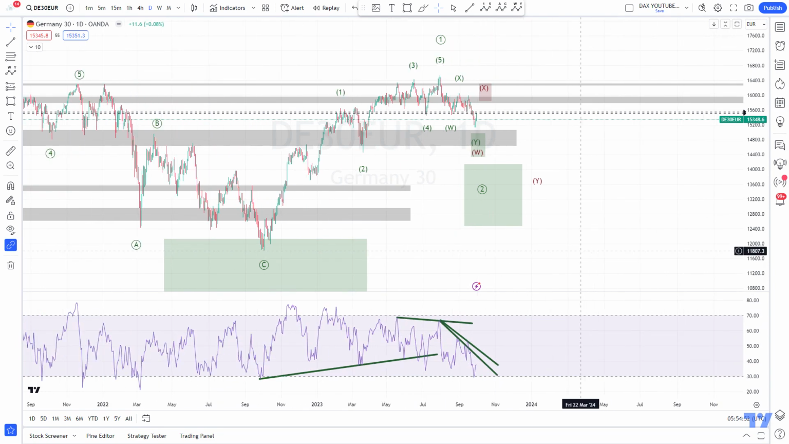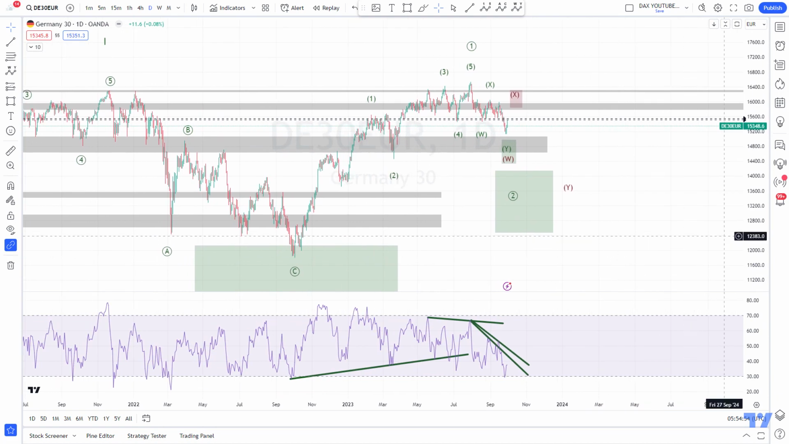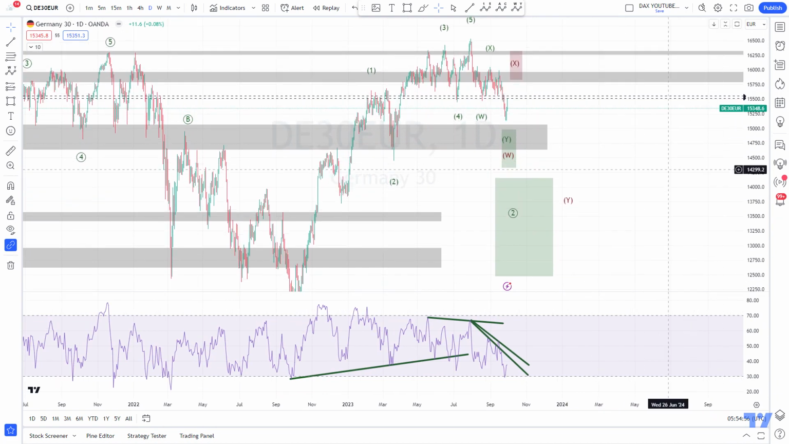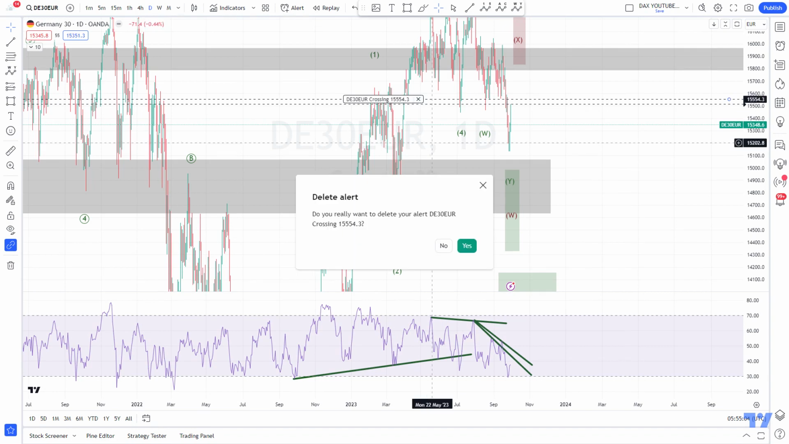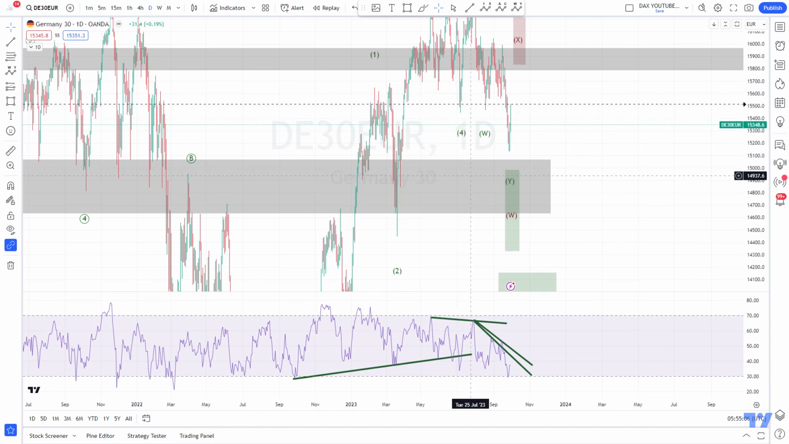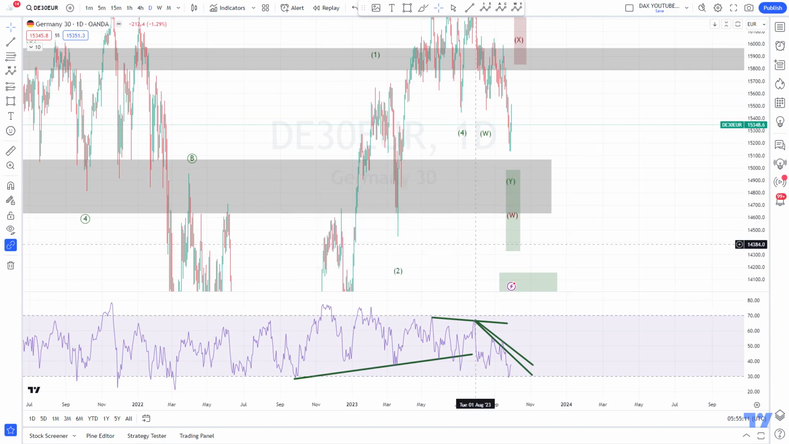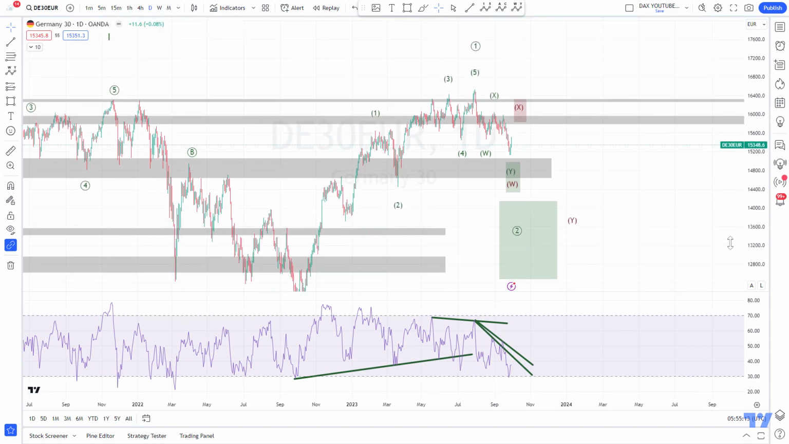So until last week, there was a bit of doubt, let me take out these alerts. They are not relevant right now, and they might be a bit misleading. Okay, so